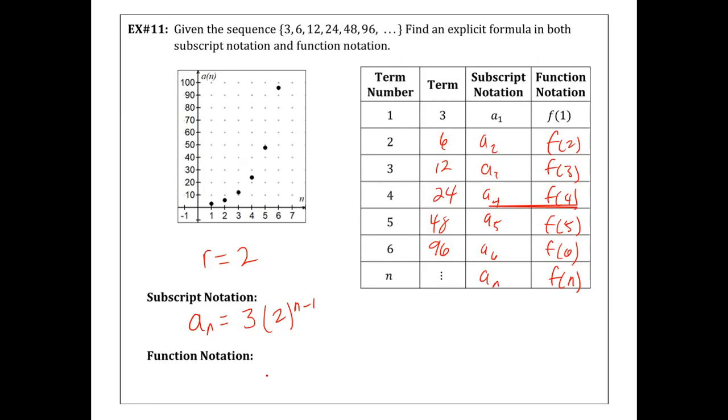3 divided by 2, which is 1.5, 3 halves, correct? Yeah? So if we looked here at our A sub 0, it would equal 3/2, or it can be an exact decimal of 1.5. So when we write our function,